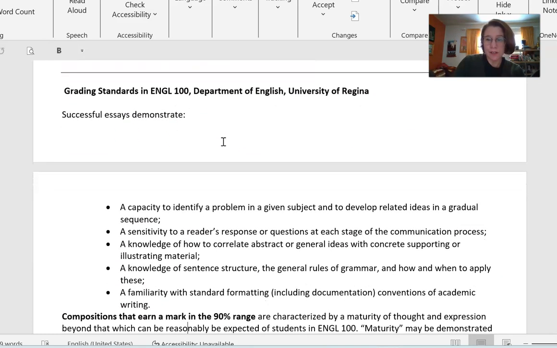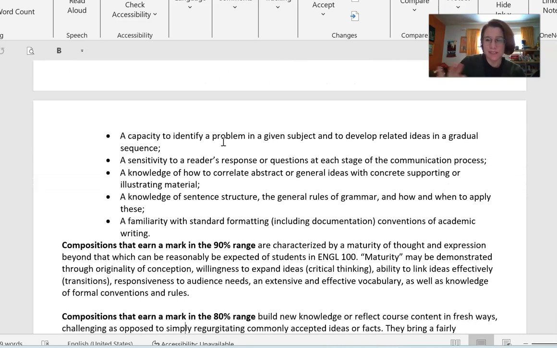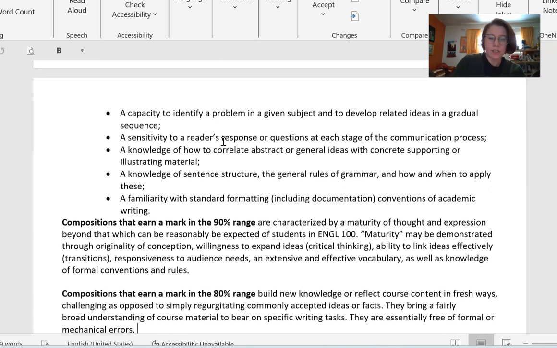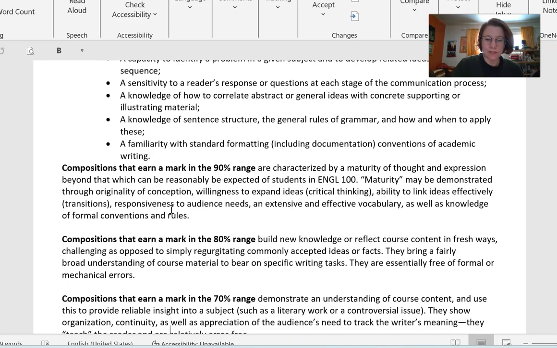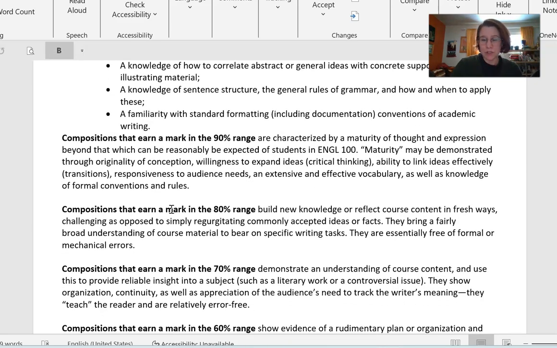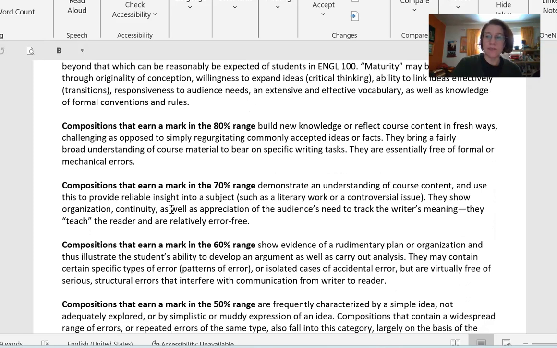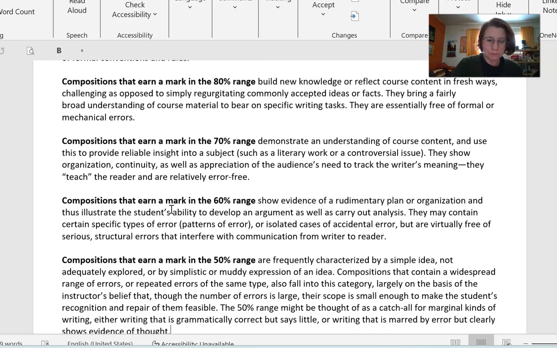Class averages for English 100 is usually between the 68-74 range, which is a bit of a drop for high school students. I know it's a little shocking to get your marks back, and you might end up with a 60 on a paper or something like that. But that's part of the process of learning university academic writing style and what's expected of you. You will find that your mark usually improves over the course. So even if you get a 60 something on assignment 1, hopefully you'll improve over the course of the term.